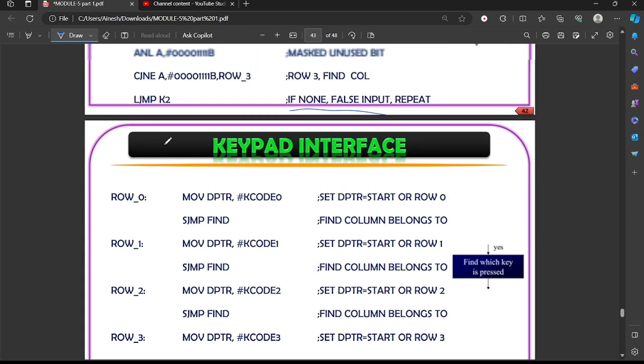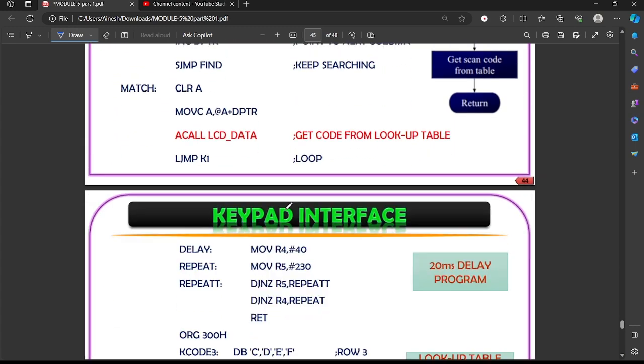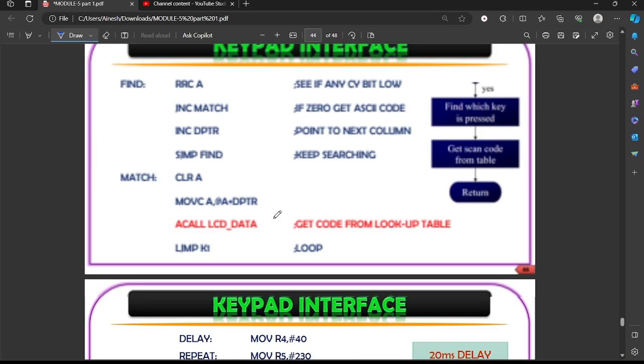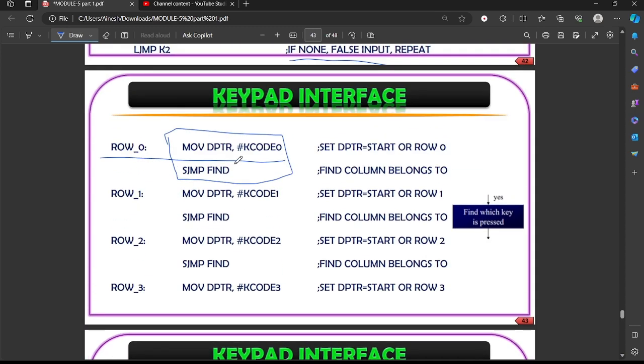Now, in case something is pressed, you'll go here, which says move DPTR, row 0, move DPTR, K code 0. What is my K code 0? You've defined byte C, D, E, F. Now, sorry, 0, 1, 2, 3. Here is where you're assigning the values for the keypad. This is like a 4x4 keypad, right? So that's where you're defining values. If you identify the row, you'll move all of these values into the DPTR over here,